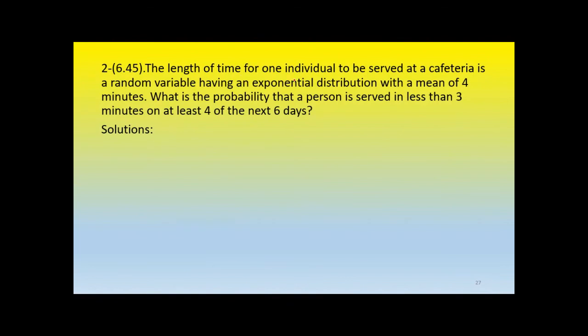The length of time for one individual to be served at a cafeteria is a random variable having exponential distribution with a mean of 4 minutes. So when it is exponential